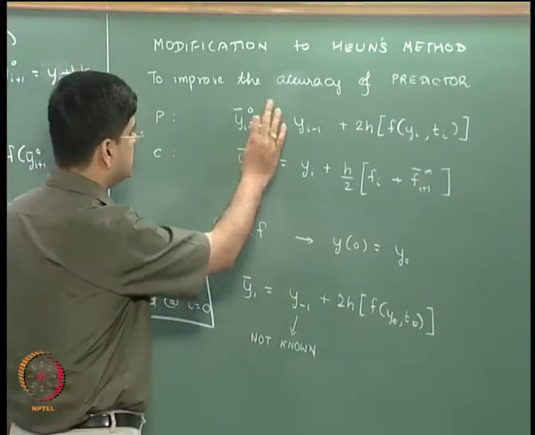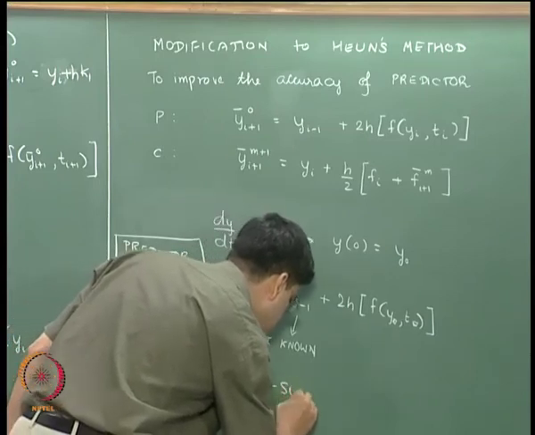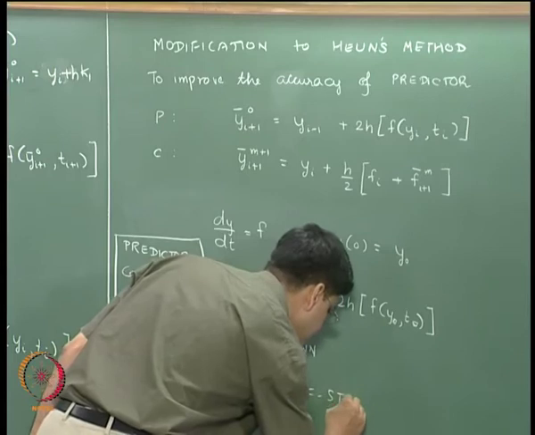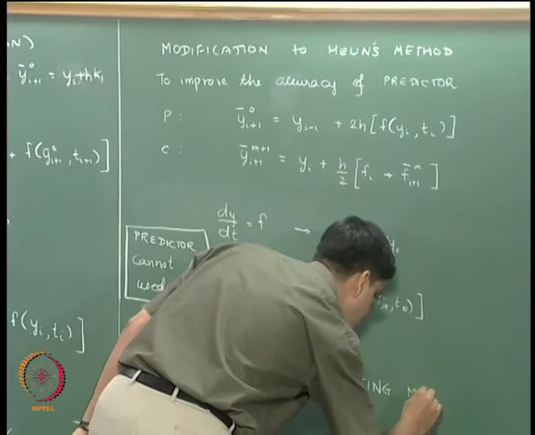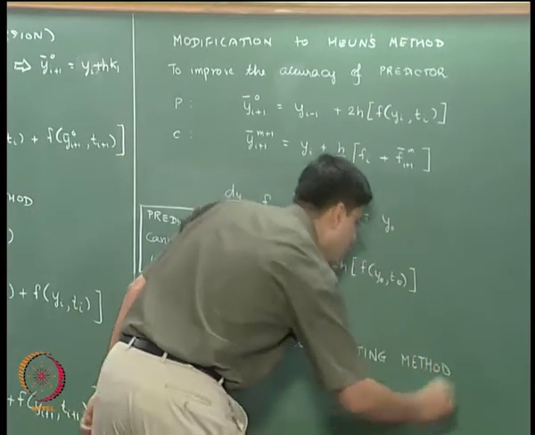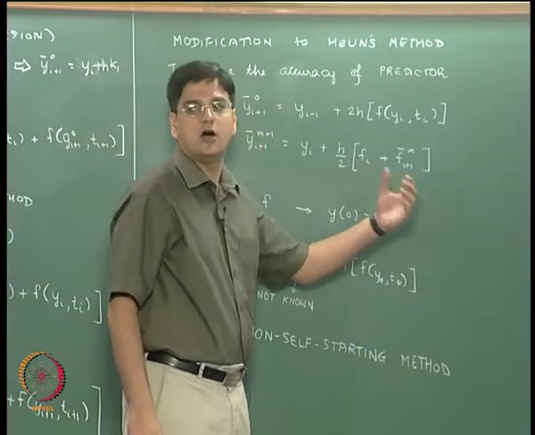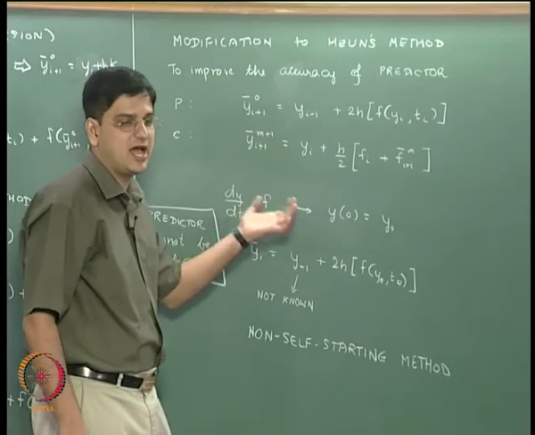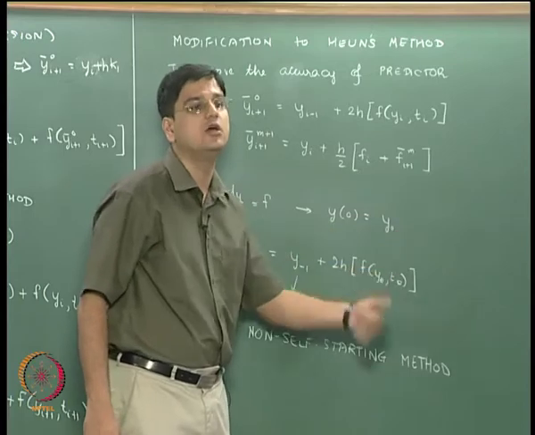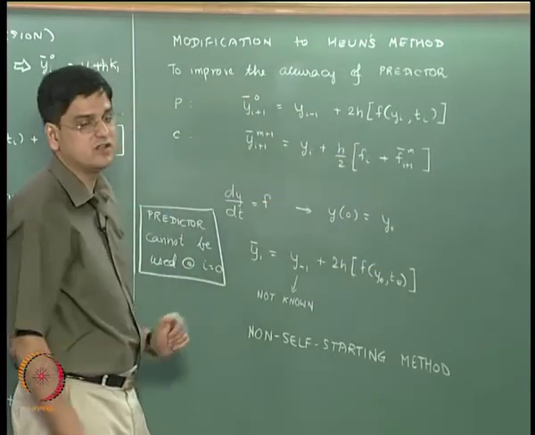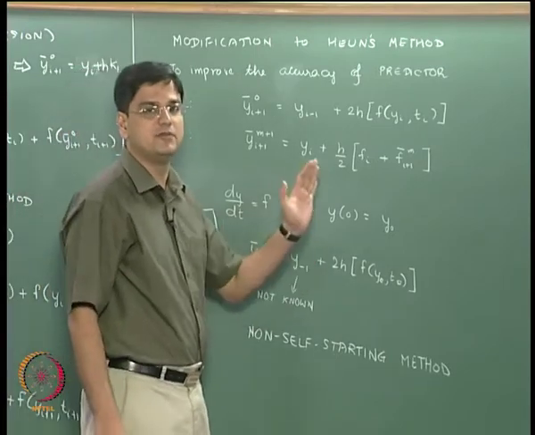As a result, this improved Yoon's method is not a self starting method. Okay. In other words, we need a different method to be implemented at I equal to 0. After that, from I equal to 1, 2, 3 and so on, we can actually start implementing the non self starting method. Okay. So, how to get out of this problem? Well, to get out of this problem is straightforward.